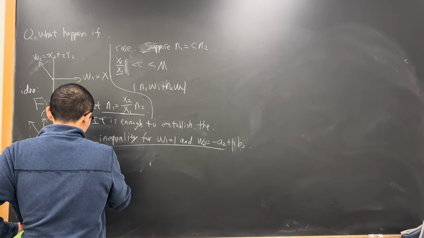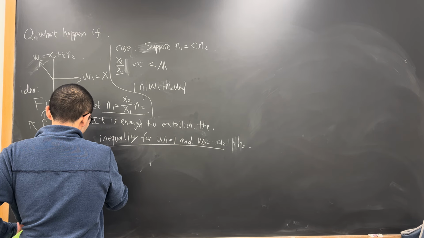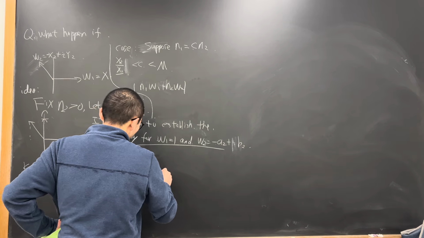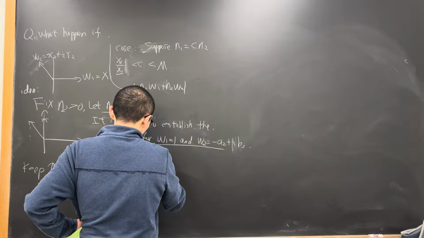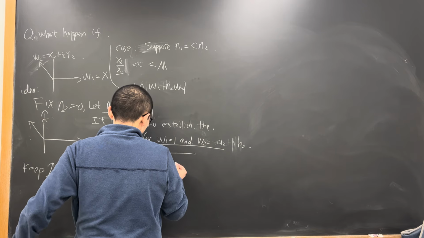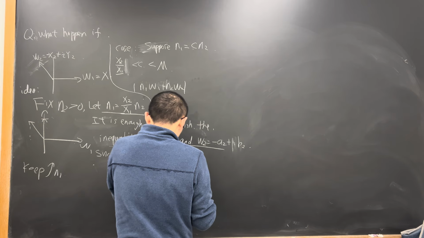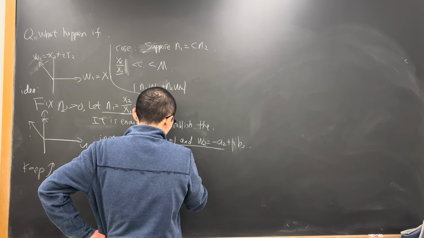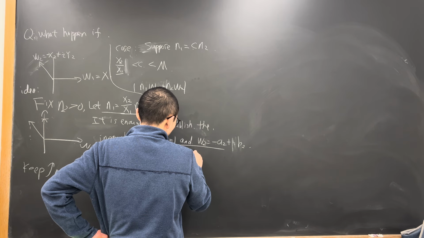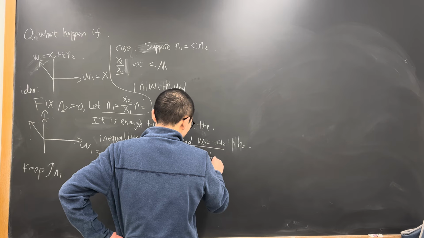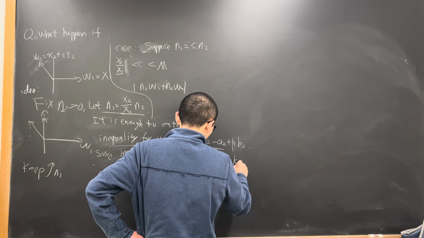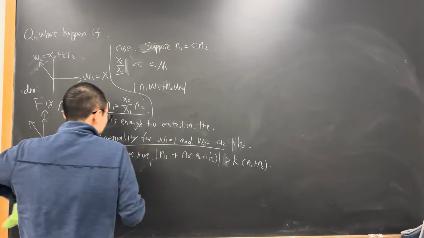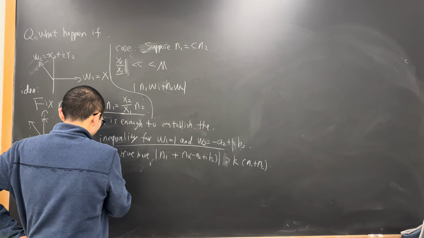The reason is that if we have the inequality, so square root of, let me say, modulus of n1 times 1 plus n2 times negative a2 plus ib2 is bigger than or equal to some constant times n1 plus n2, right? And then